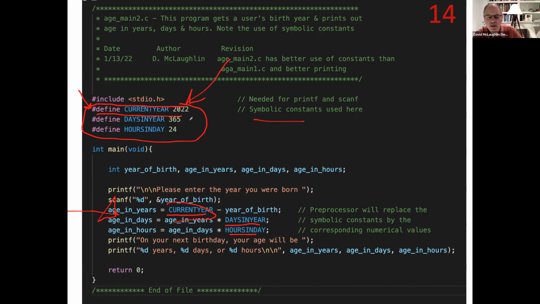Okay, what about 365 and 24? Those things aren't going to change. Well, I guess days in a year could change on a leap year, right? So maybe you'd want to keep it up there, to change it every 4th year. Hours in a day is not going to change. So that's not something that, as a programmer, you'd be inclined to change. But I want to show you another way of